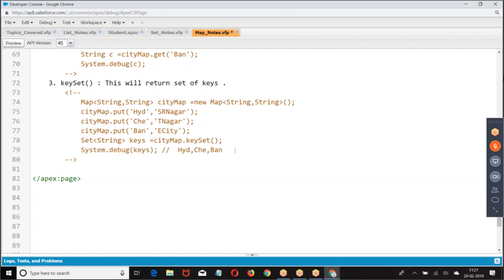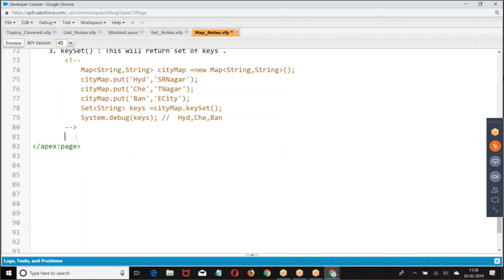And insert the values. So how did you create?